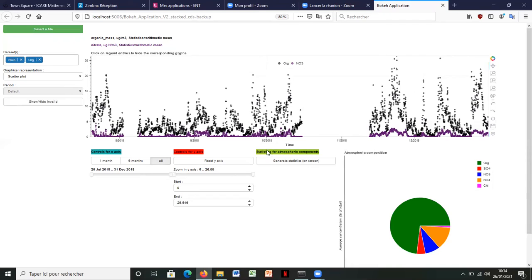Then the third column covers statistics for atmospheric components. In fact, the user can use a button to generate statistics for the ACSM species that are on screen.